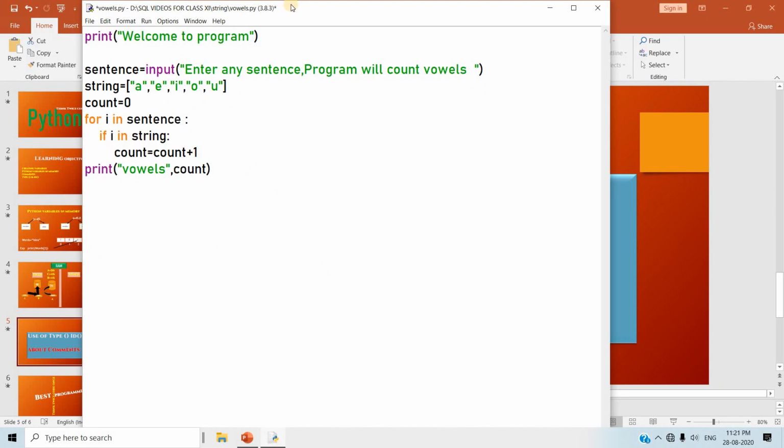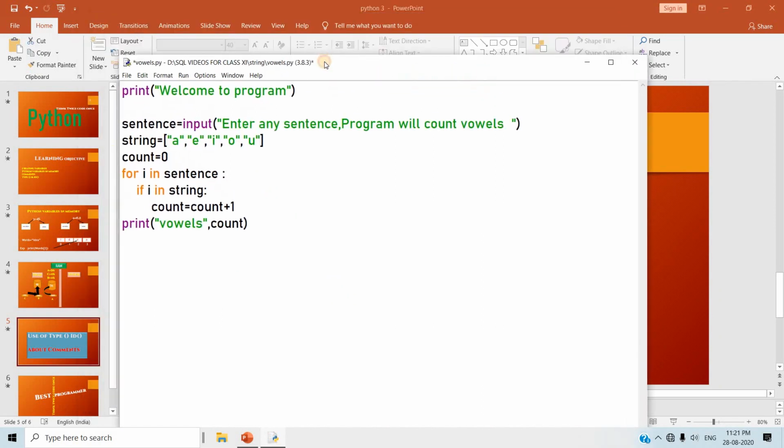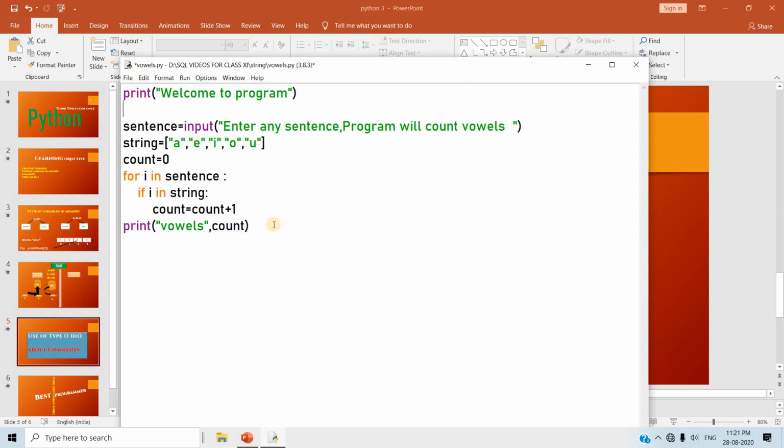You are not supposed to worry about it because you have not reached strings yet. I made this program with the help of strings. For creating this program, you should know about loops and how strings work. So let's take an example. I run this program.